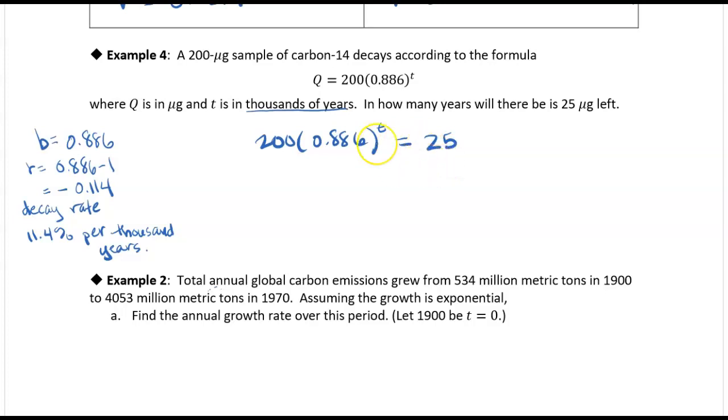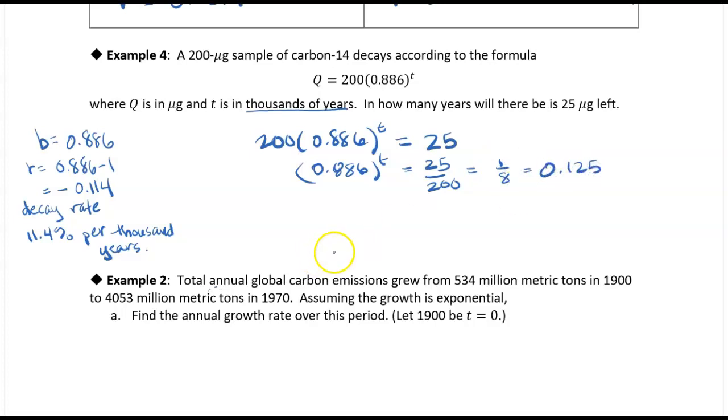All right, so now we just have to solve for t. Well, first thing we could do is just divide both sides by 200. At least that's what I'm going to do first. That's not necessarily what you have to do first, but that's what I'm going to do first. I'm going to divide both sides by 200. So if I divide 25 by 200, I get 1/8, which is